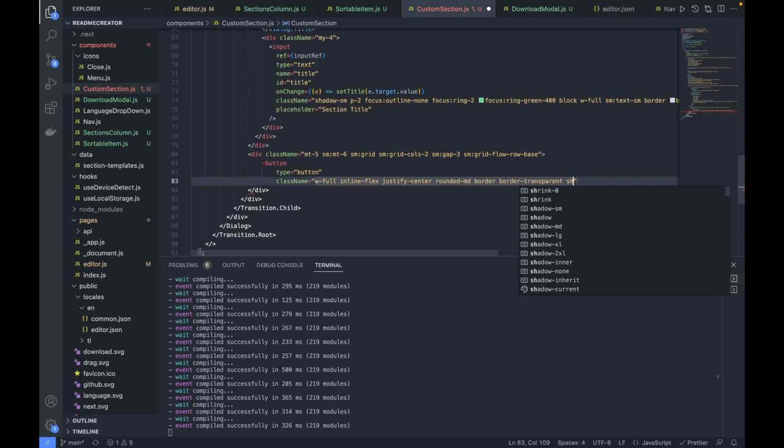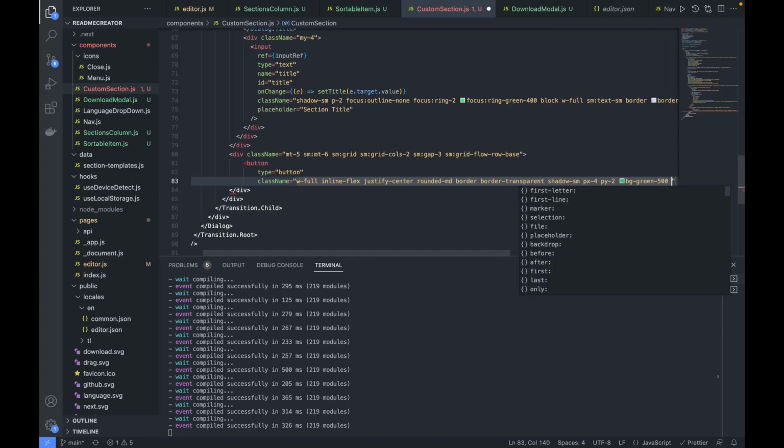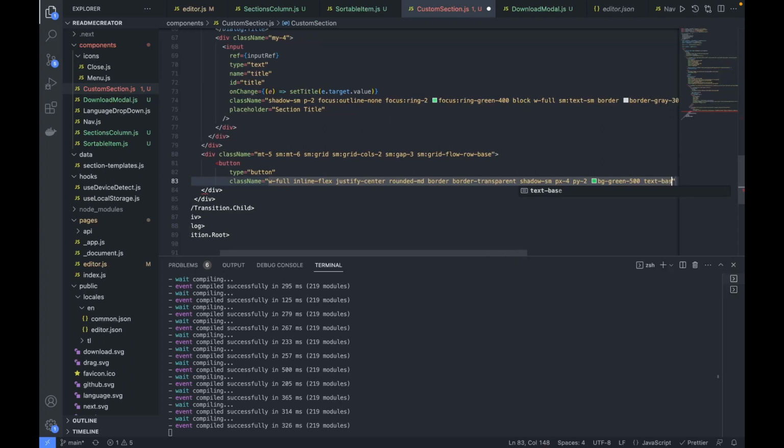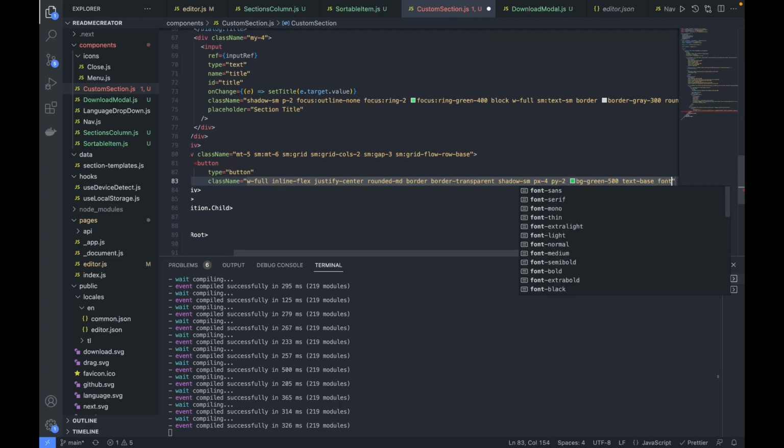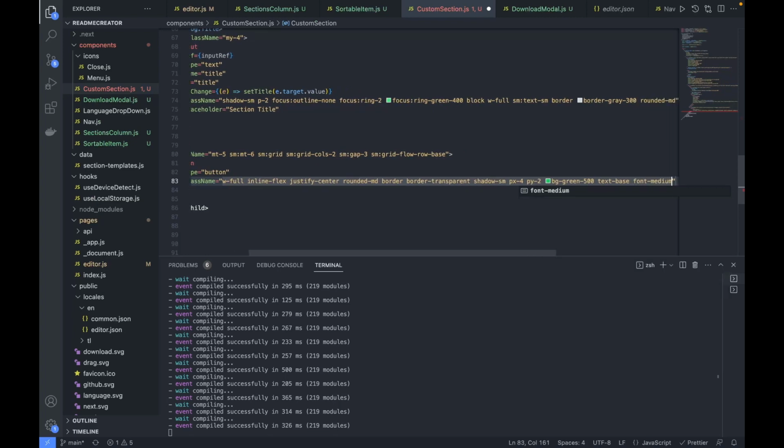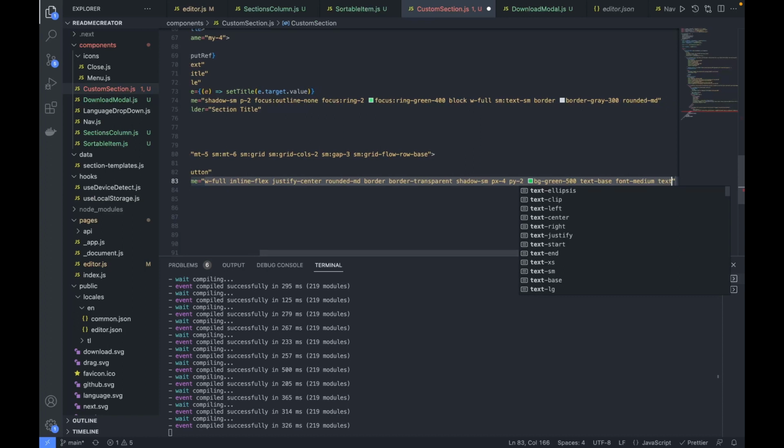Okay, and give some shadow as SM, and padding X direction 4, and padding Y direction as 2, and give background color some green color. So let's say it's like little not thick, not thin too, and give some text base. So we'll give a lot of styling here, text base. Okay, and font as medium, font type as medium,